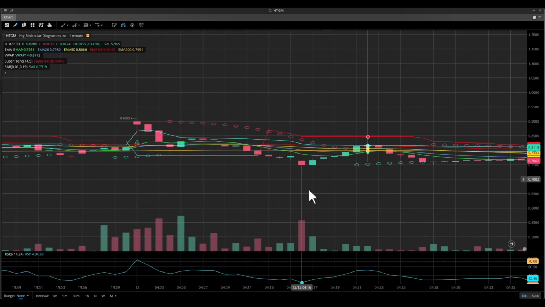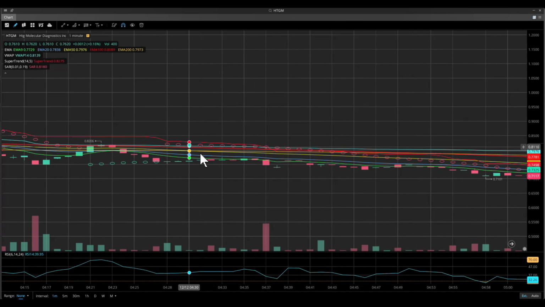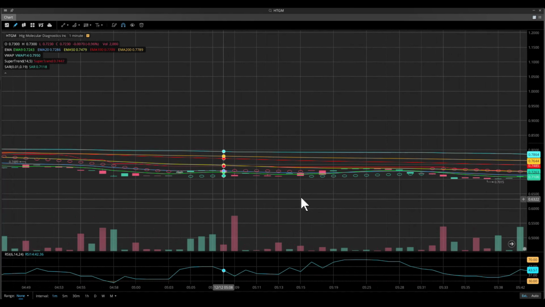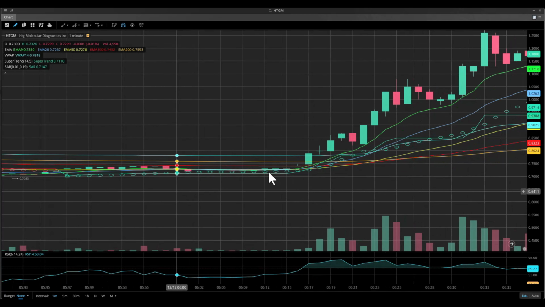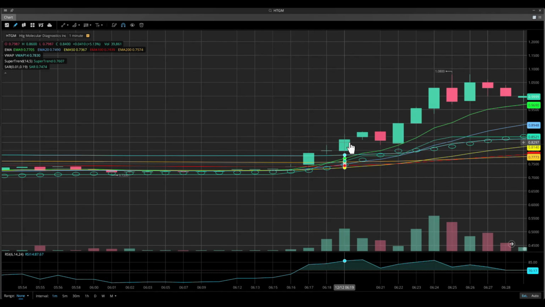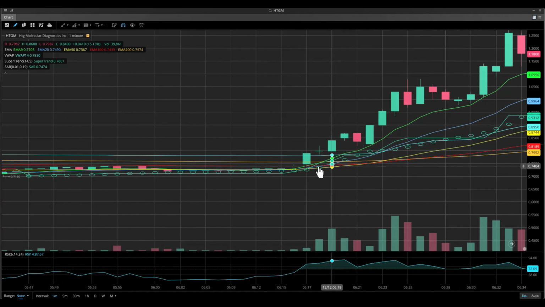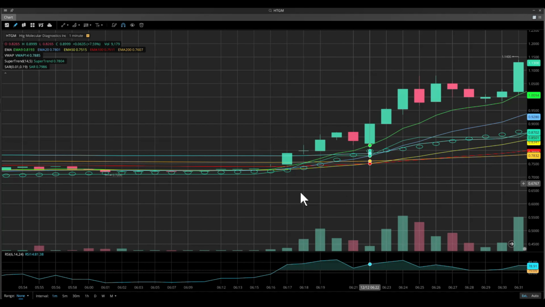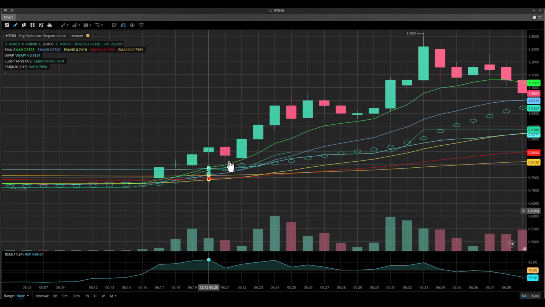So from 4:01 all the way, and anytime the indicators, the EMAs and all that, are above your price, I will not make an entry. All the way up until 6:19. Even 6:17, you can see it's the start of breaking everything. But I would have waited for this initial spike, 6:20, the pullback, and then 6:22 would have been a good entry point. All right, so you make entries on green candles